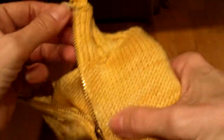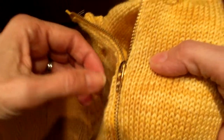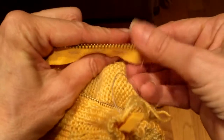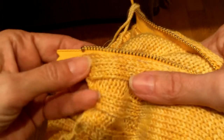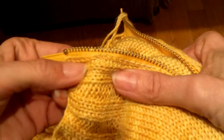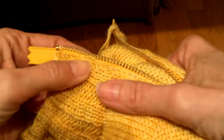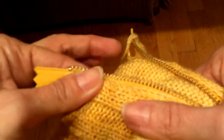the first thing I do is on the right side of the neckline I pick up an edge all the way around, and then from the wrong side I turn and bind off purlwise. And what that does is it provides a bind off edge that you can see here. You can see the chain stitch along here. There's the row I picked up. And what that does is a bound off edge is tighter than regular stitches, so it's going to provide a